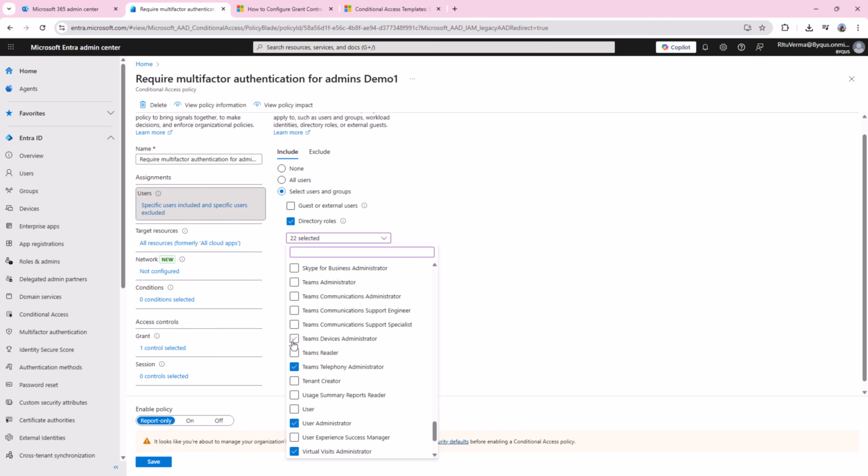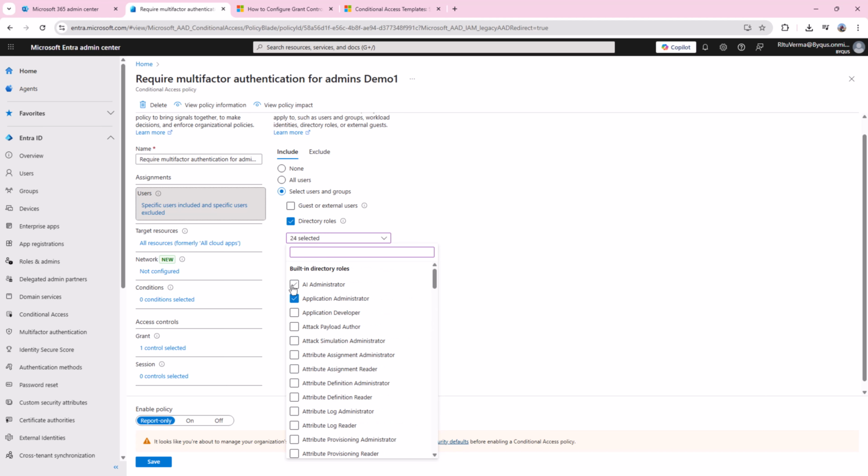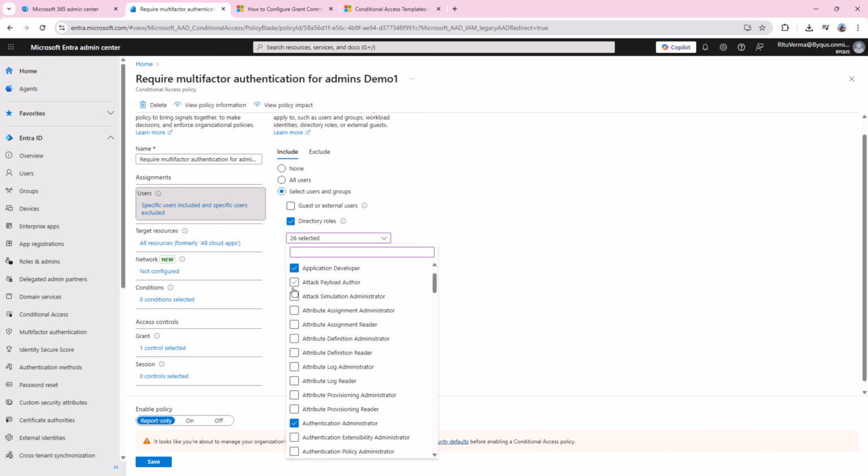Teams telephony, Teams device administrator. All right, so AI administrator, application developer, yes, we need attack payload author, attack, everywhere we need to implement this policy.